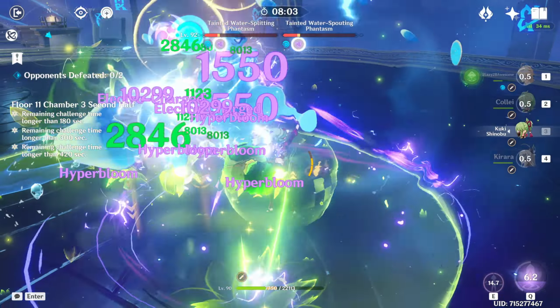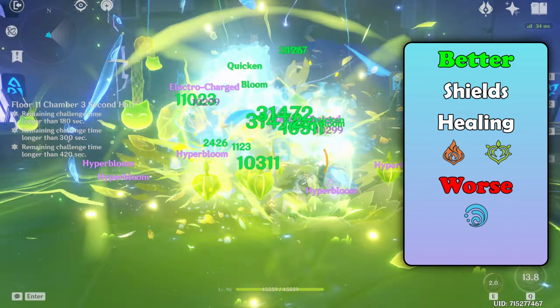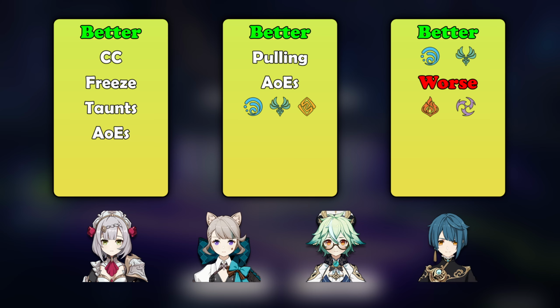Since Water Phantasms hard counter freeze teams, it's better to rely on Pyro or Dendro instead for huge reaction boost. In the end, for the first half, AoE focused team build around Hydro and Anemo is the best option. It doesn't matter which of those you choose as your main damage type, so there's a lot of possible combinations